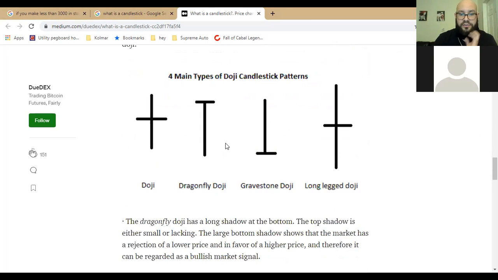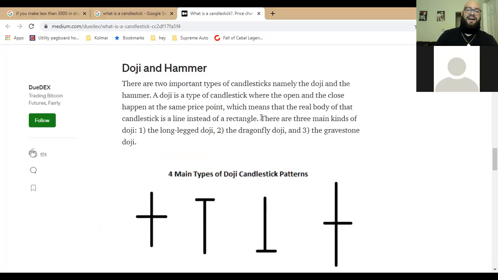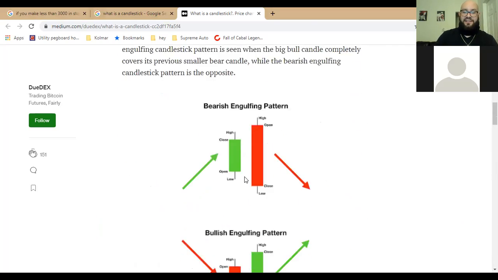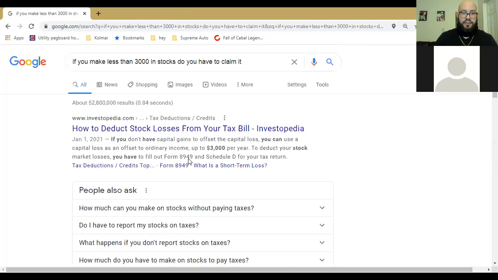Doji, dragonfly doji. These are candlestick types. This gets real technical. I don't use those. I just use these mostly, to be quite honest. All right, so I think that's pretty good there on the